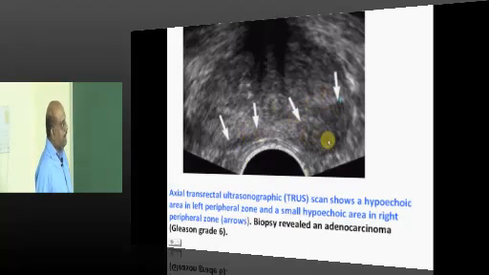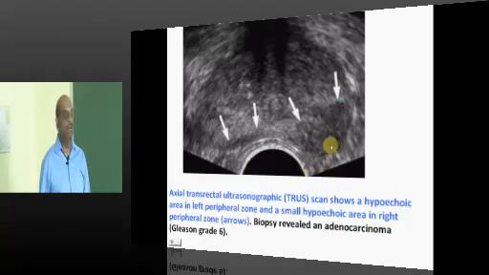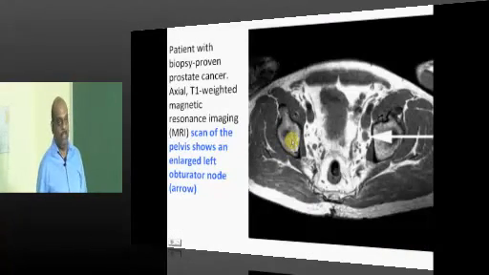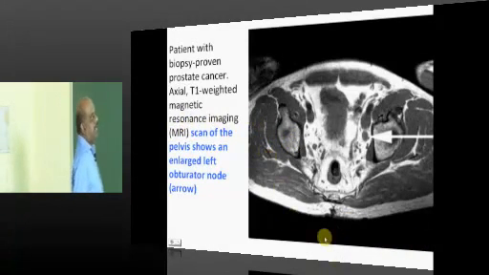This is another example. Here you can see one hypoechoic area, and there is a small hypoechoic area over here also, and when the biopsy was done, this hypoechoic area was found to be adenocarcinoma. Then this is another patient